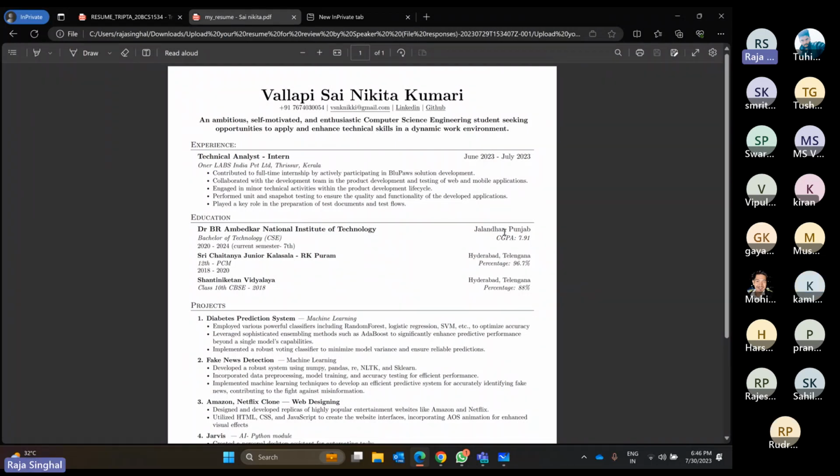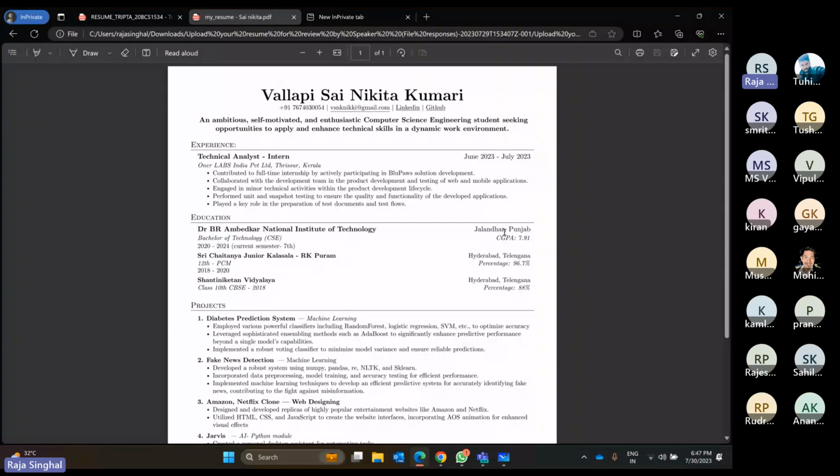If you build some project, then it is necessary to add at least the GitHub link for your project. And if you deployed your projects on some platform, then it is a plus point. But if you don't have a deployment link, at least mention the GitHub link for your project.